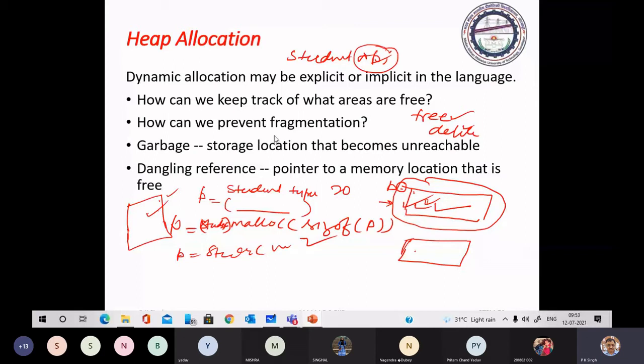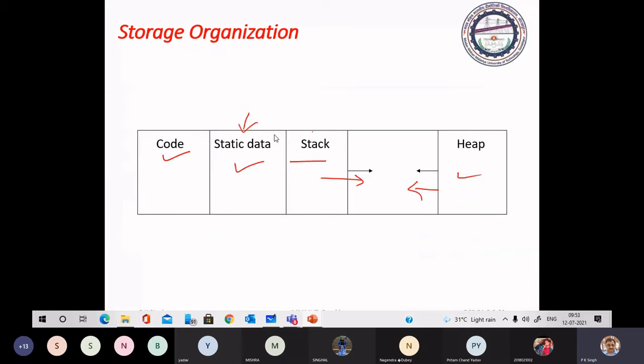So we have to avoid this garbage collection, because if you keep on doing this, your heap will grow in this direction, and you keep on calling the function. There is a point where the entire memory is exhausted, and you don't have space to call a function or to allocate the memory.